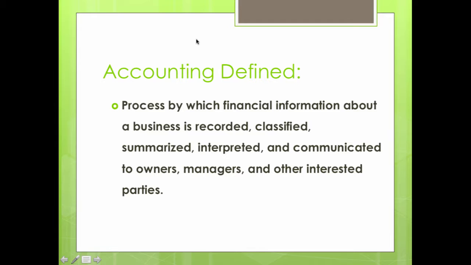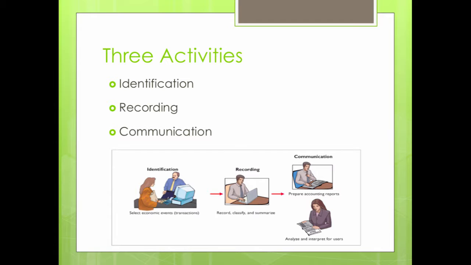So accounting is defined in your textbook as the process by which financial information about a business is recorded, classified, summarized, interpreted, and communicated to owners, managers, and other interested parties. This is a good definition that captures the explanation of accounting in the previous video. And another way to interpret this definition is by remembering that accounting consists of three activities, and that is identification,